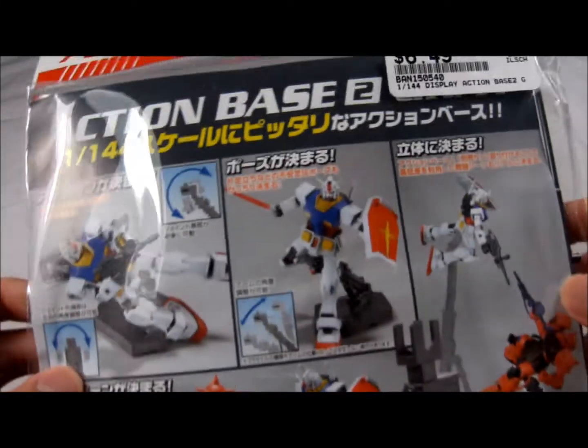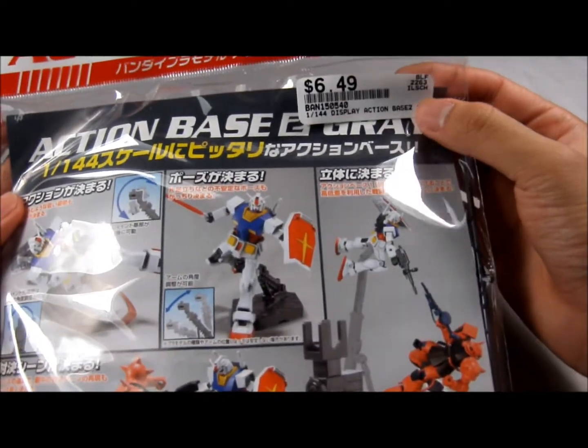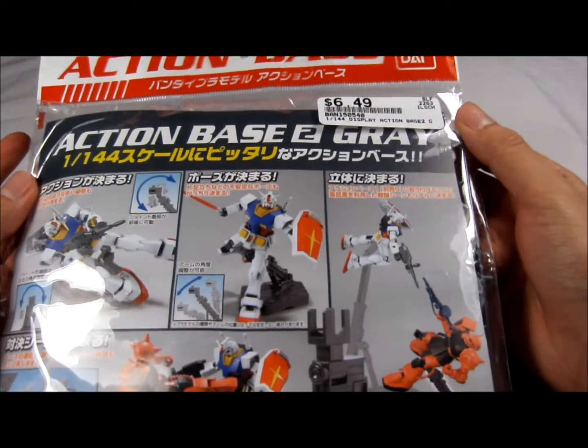Today I'll be taking a look at the Action Base 2 Gray for 1:144 scale model kits by Bandai. Taking a look at the packaging, we have the name written at the top. I bought it for $6.49 at Hobbytown USA. The name,